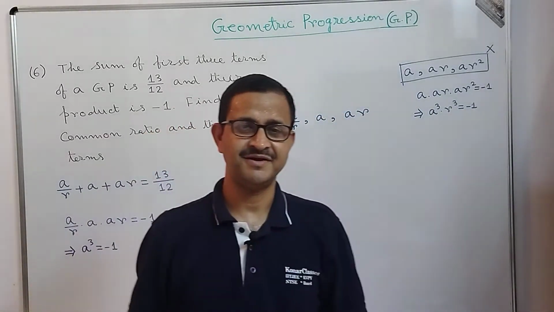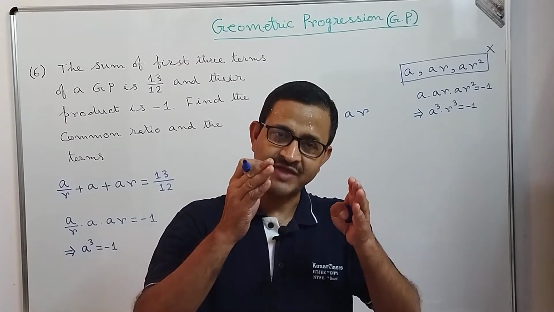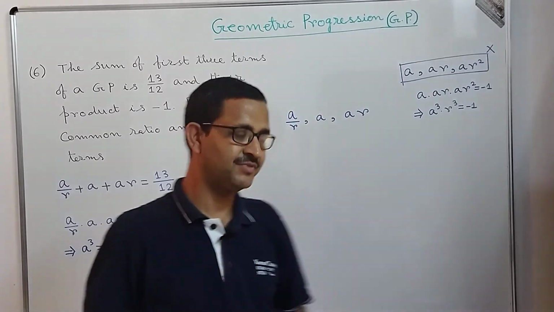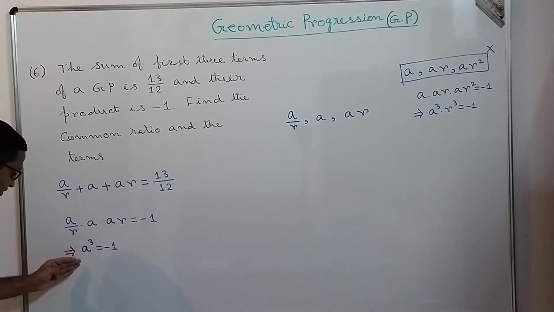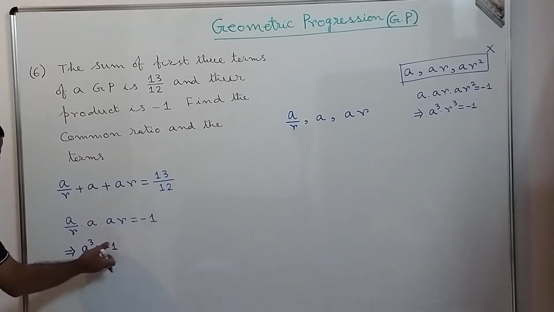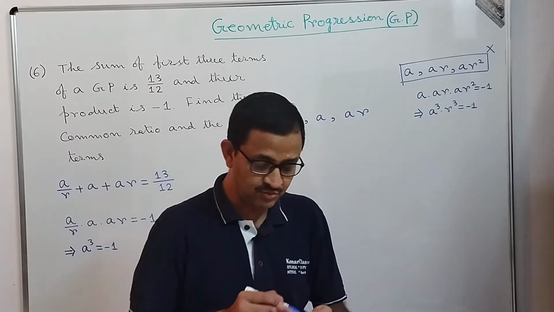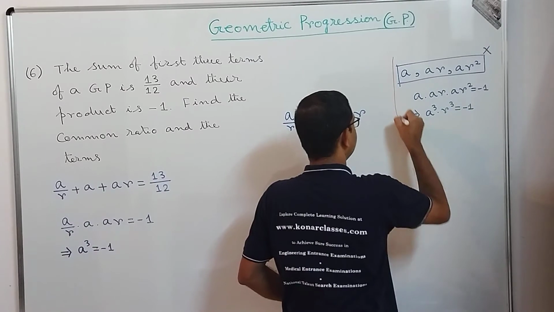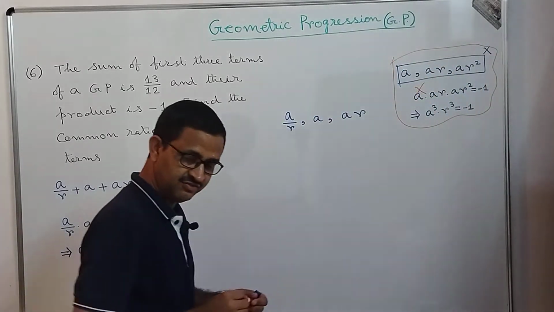What is our task? Our task is to find the value of the unknowns, and we should take that approach which will help us to find the value of the unknowns easily. You see here, when we choose these terms as A by R, A and AR, we found the value of these unknowns very easily. A to the power 3 equal to -1. In the next 2 steps we will find the value of A. But here it is complex. So never use this kind of terms when you need to find the first 3 terms of a GP. Do not do this. Okay. In fact, I can clean this portion. Correct?